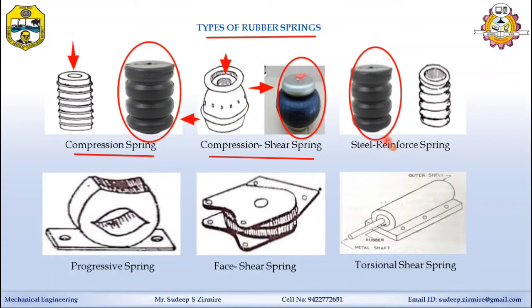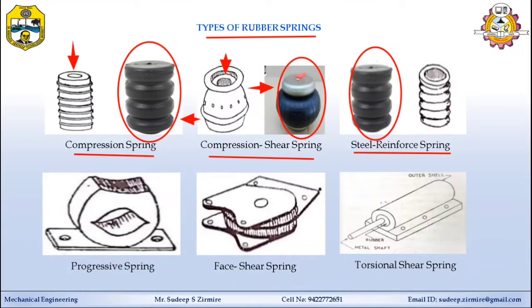Third one is the steel reinforced spring. In this steel reinforced spring, the steel wire is inside the rubber, so it is also called the Ilgos spring, and it consists of a steel helical spring bonded by the rubber body. The helical steel wire spring takes 20% of the load, and the rubber spring takes 80% of the load in this case. So, in this case, a greater stroke to diameter ratio can be designed by using this type of configuration.